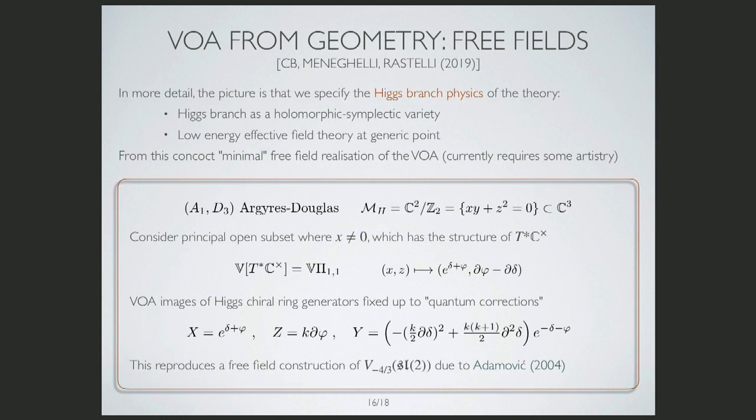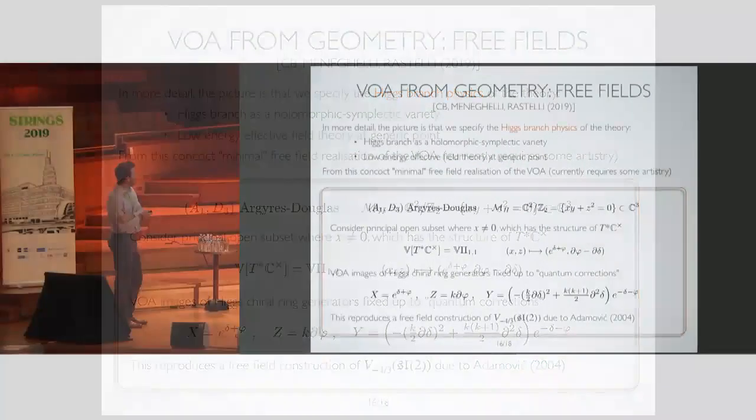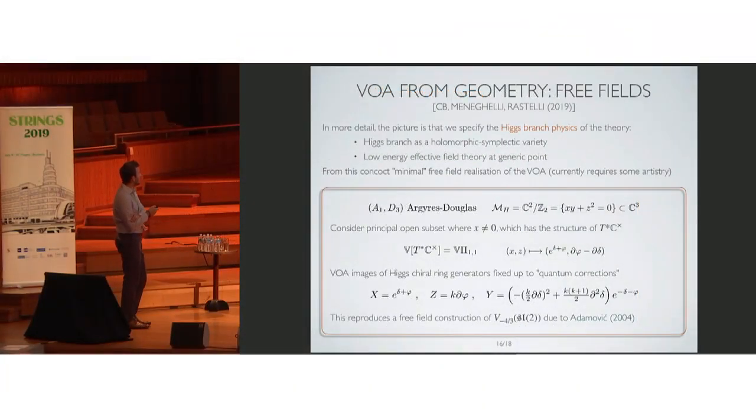Okay, so then just to say this in slightly more detail, still very fast, the idea is that if we specify the Higgs branch physics of a theory, which I take to mean specifying the Higgs branch as a holomorphic symplectic variety, and also perhaps specifying if there's some non-trivial low-energy effective field theory still living at a generic point on the Higgs branch, some residual degrees of freedom, then from this we seem to be able to concoct these sorts of economical or minimal free field realizations of these VOAs, although in practice this is not quite systematic yet